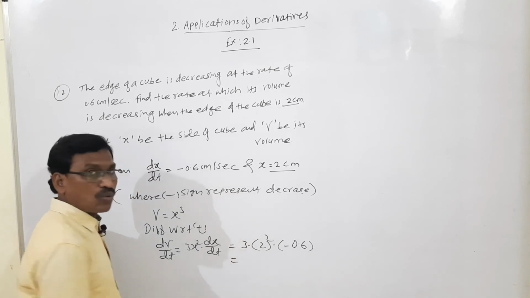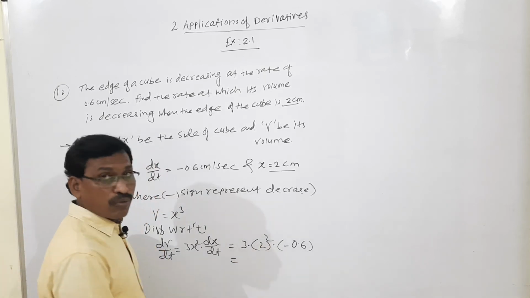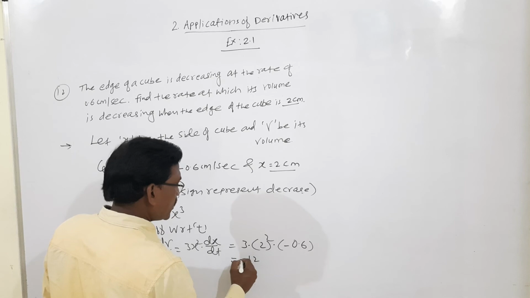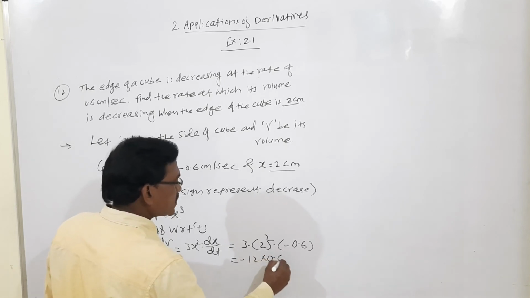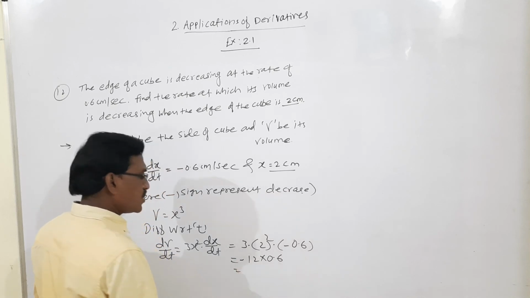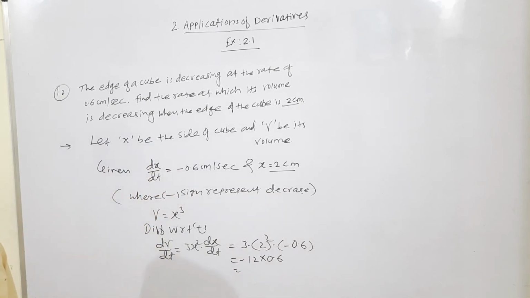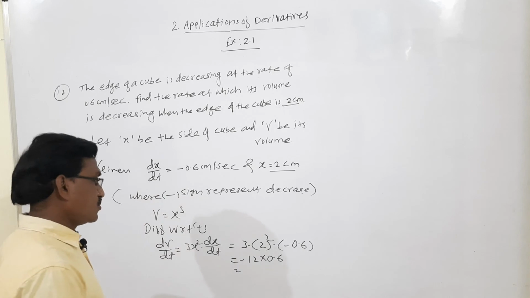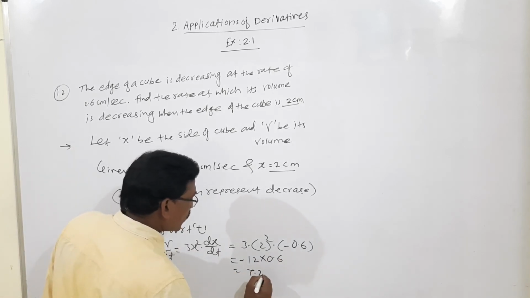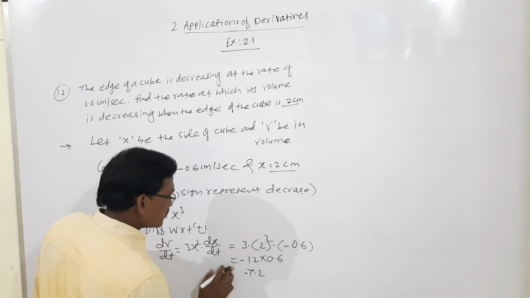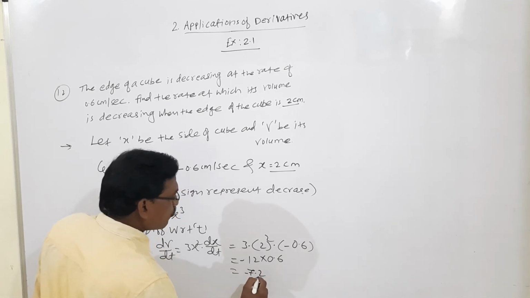So 2 square is 4, 4 threes are 12, 12 into minus 0.6. 12 times 6 is 72, so 12 into 0.6 is 7.2, minus 7.2